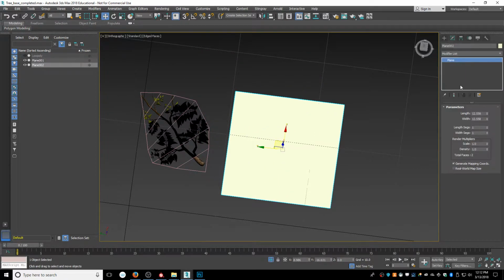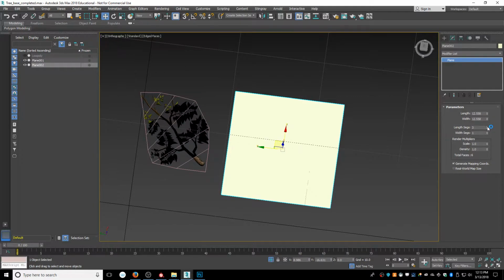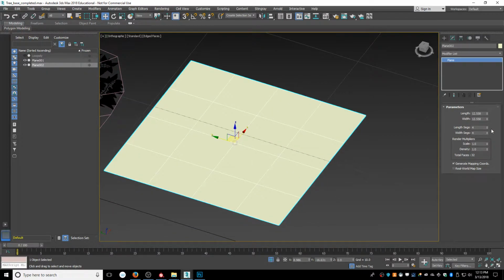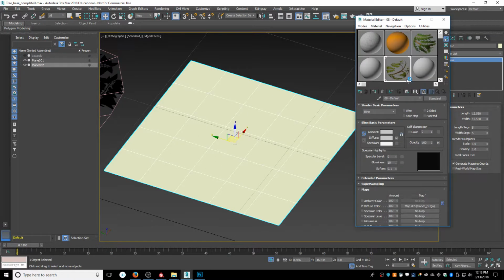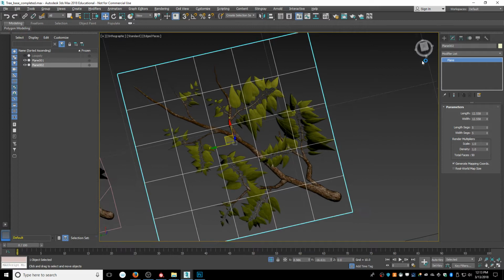I'm going to make sure I do have segments onto it. So I'm going to add segments this time. Maybe I put a little bit more, maybe 5. Press M. Throw on my material, and what I'll do